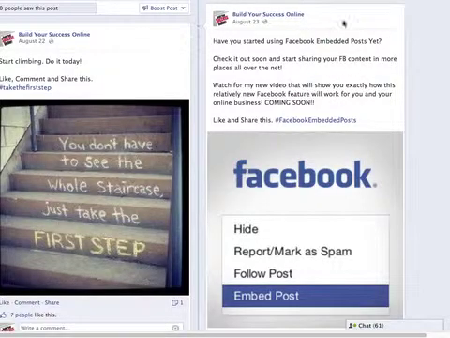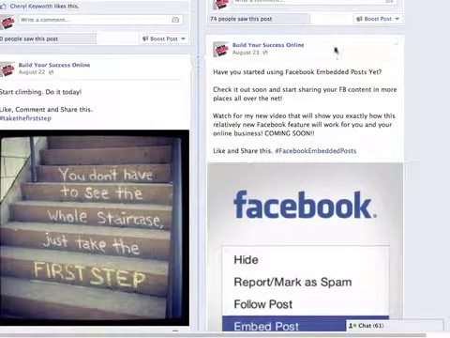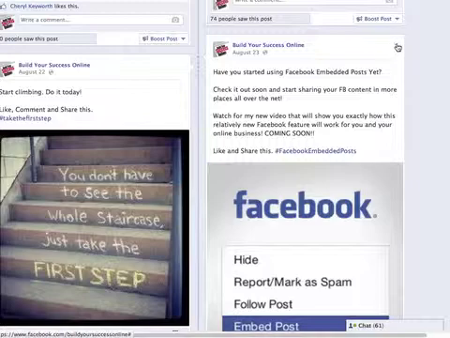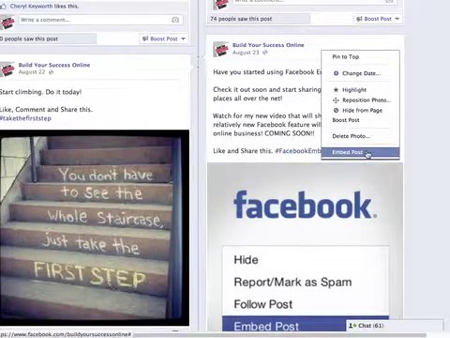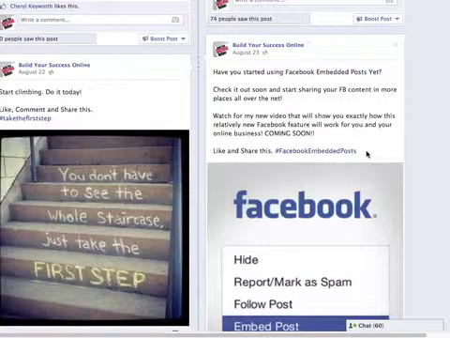So you'll notice whenever you get to a post on Facebook, you have this little icon up here in the corner. Okay, it's like a little down pointing arrow. You click on there, and down at the very bottom there's an option called Embed Post, and that's really all you have to do. You just have to find the post you want. You have to, again, make sure that it's public, okay, and go down to Embed Post, and what will happen